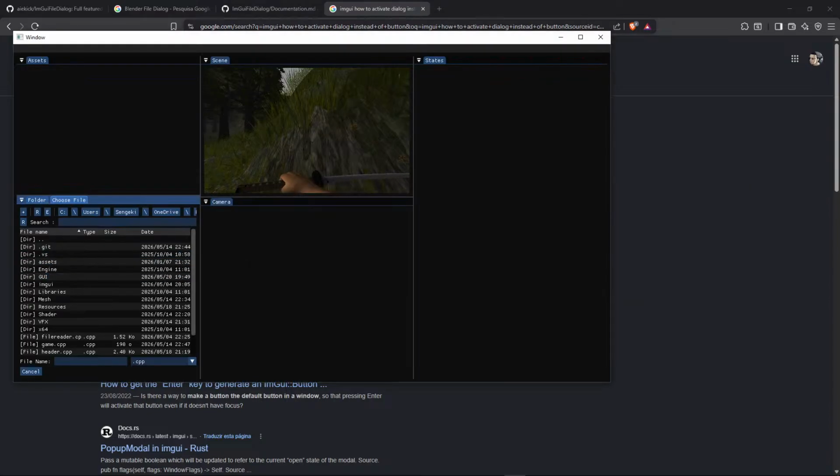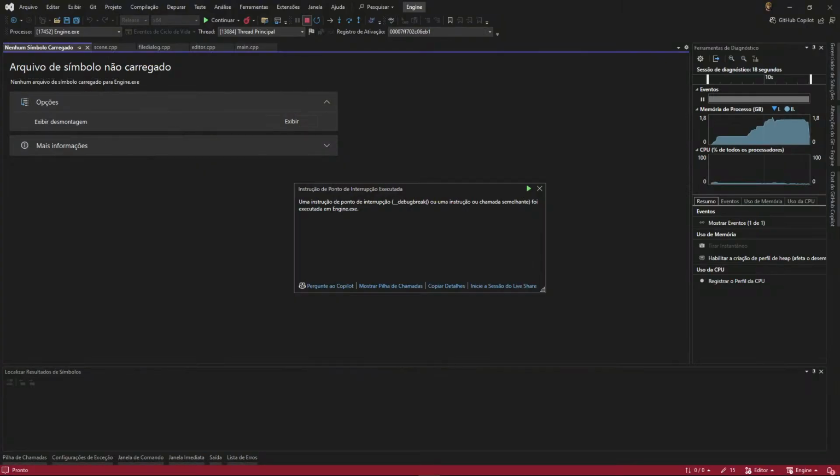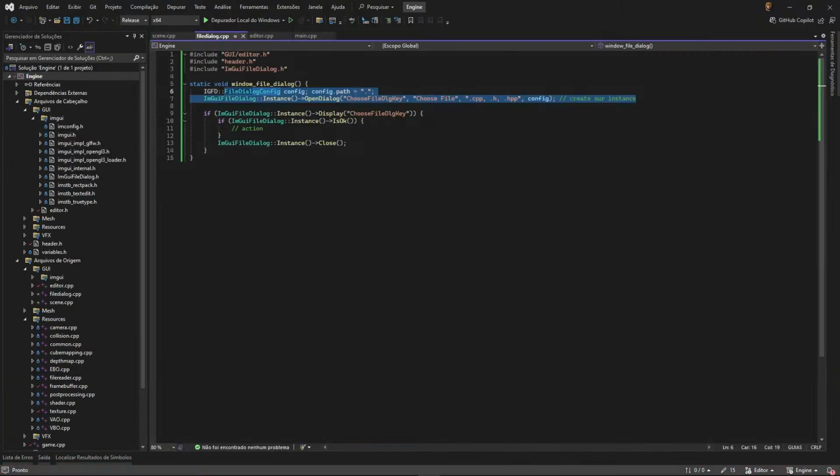So it's still using the button, I don't know why. I removed the button, but